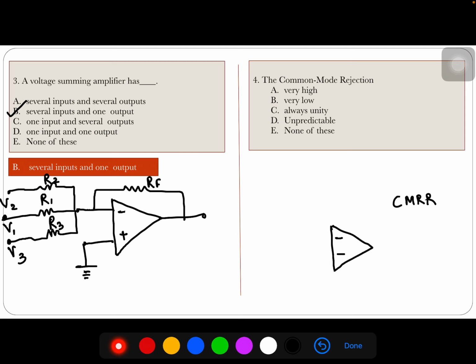How? Again, I'll show you the diagram of the op-amp. These are the two inputs of an op-amp. Output is V0. So V1, V2. V0 is always given by some gain because an op-amp is an amplifier.